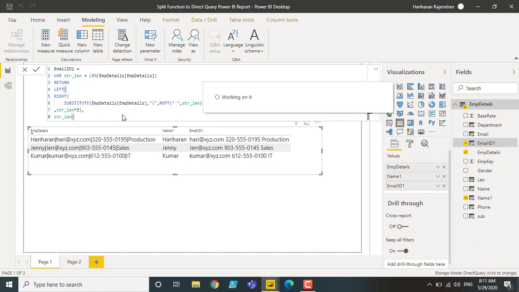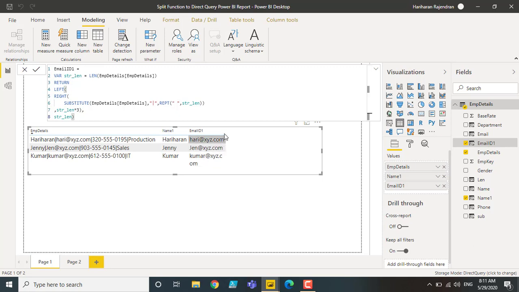So we can easily format it, and now we can see we got the results. Again, we may have extra spaces at the end, so we'll use the TRIM function, and we'll get the proper email ID without extra spaces. This is how we can easily achieve the second column.